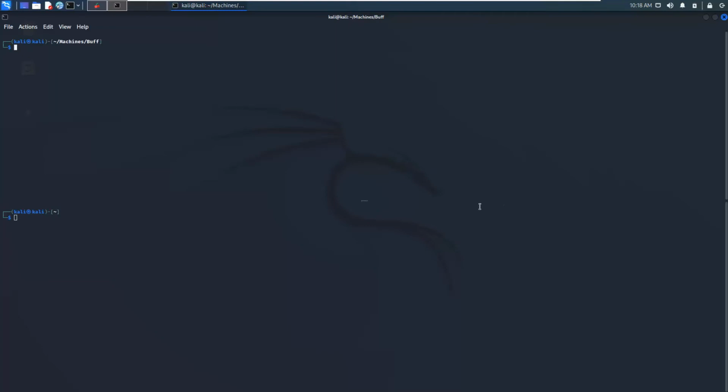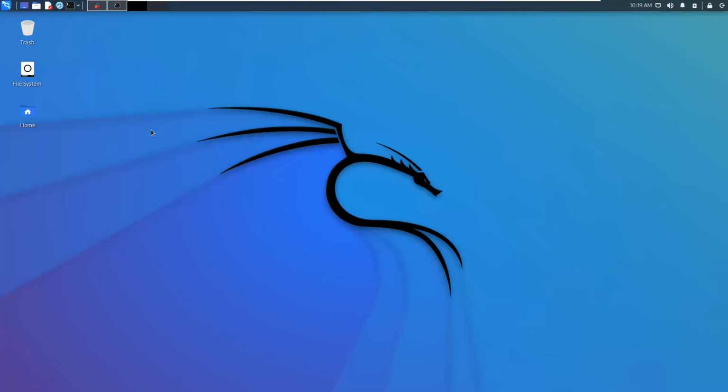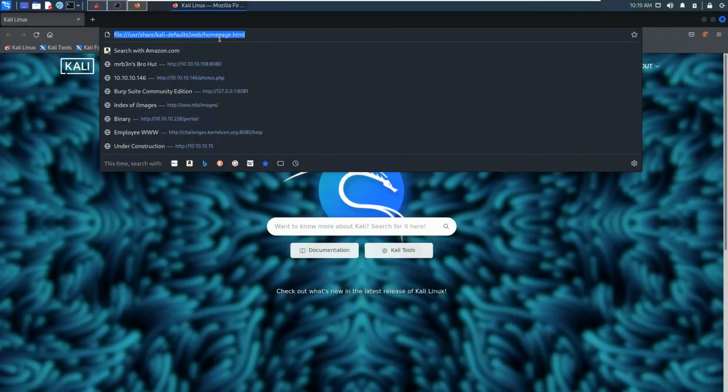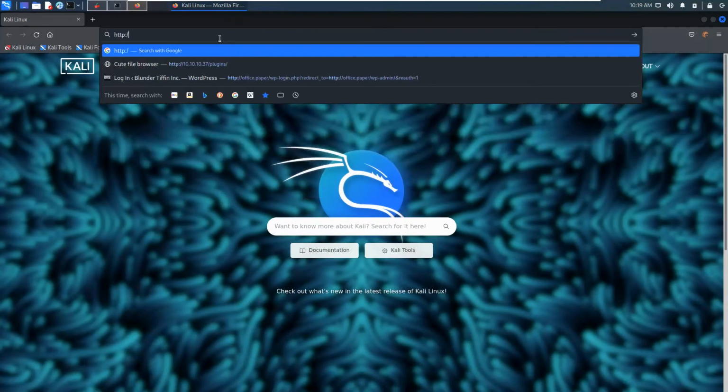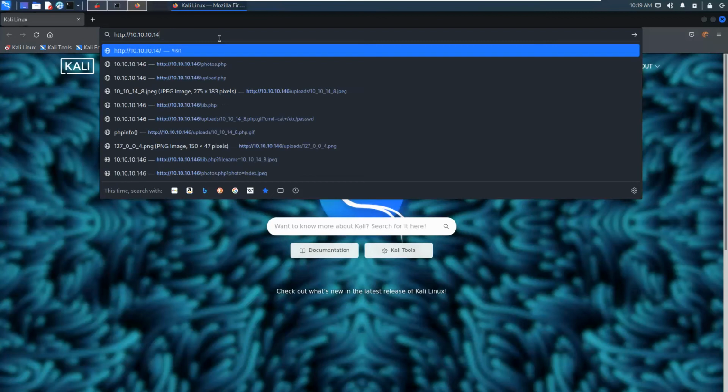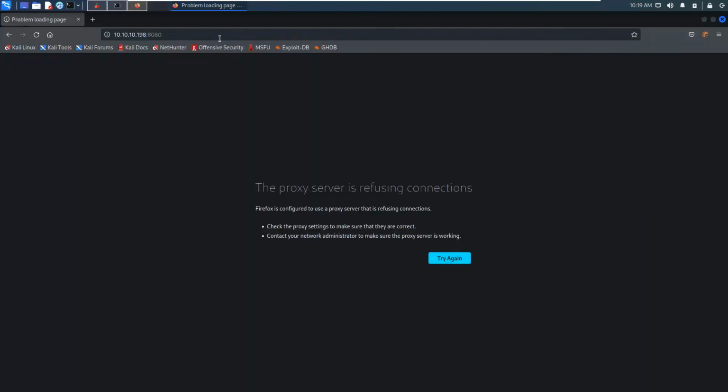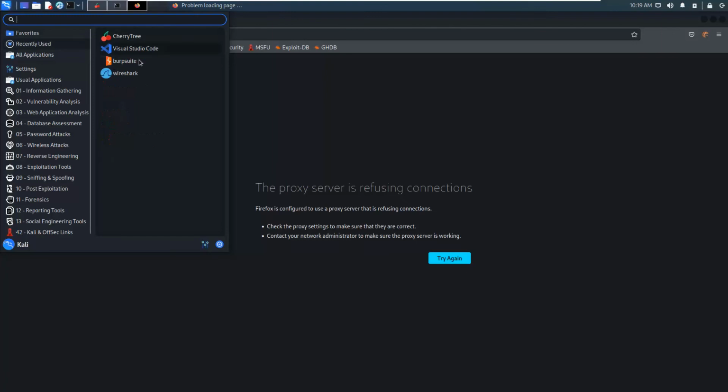I now want to focus, and I'm going to talk a little bit about exploits, but we'll get back to shells here in a second. So let's say that in this case we have Buff on Hack the Box. Let's close that. Let's go ahead and open Buff. Okay, so we got this website, right? And okay, proxy server is refusing settings. So let's go ahead and